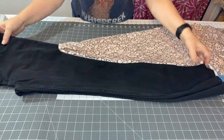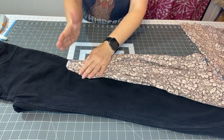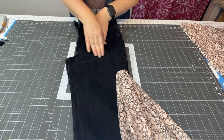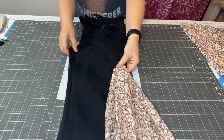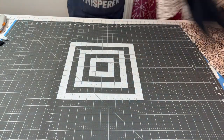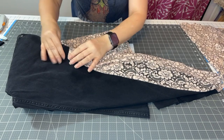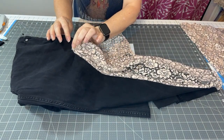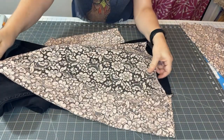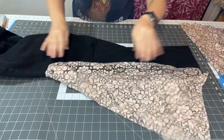All right, everybody, I've got the flares in, and they do flare. They're very wide. They start high on the pants, because you can see here's the waistline, here's the crotch right here, so pretty high up, and they go all the way down like this. So I think we're going to get a nice flare out of these. They have a slight pleat at the top, and I did cut out 1 inch all the way down on either side of the side seam in order to put them in there. But I'm pretty excited to try them on, and I know that's what y'all want to see, so I'm gonna try them on